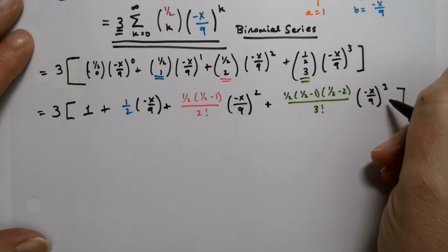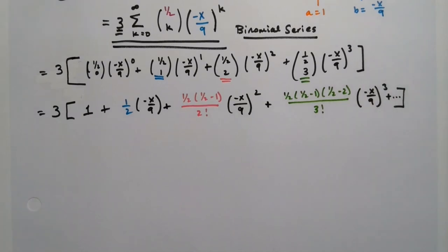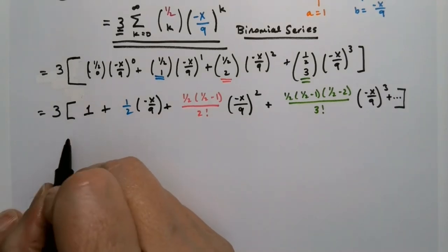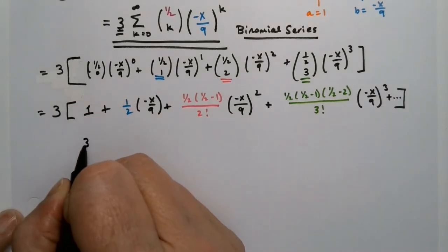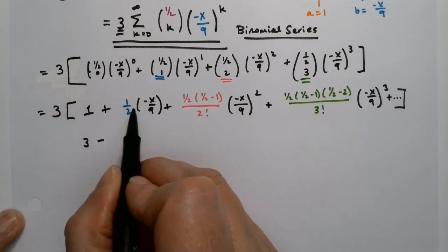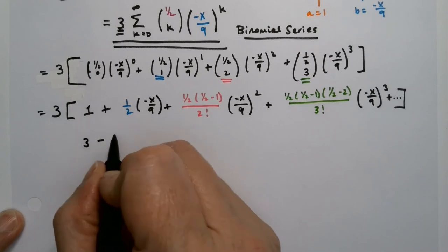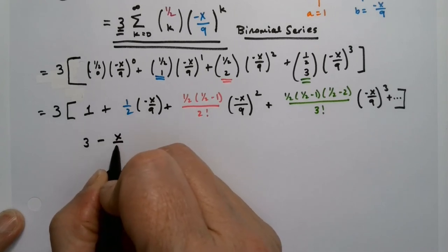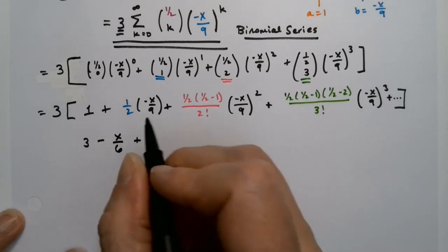Now technically this keeps going, so I'll just put ... there. We're just writing out the first 4 terms of it, but there you have it. All right, so then that would be 3 take away, let's see, 3 goes into 9, 3 times. So 3 times 2 is 6, so negative x over 6 plus,